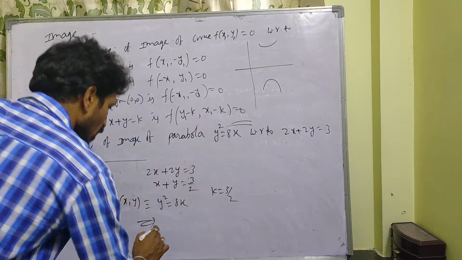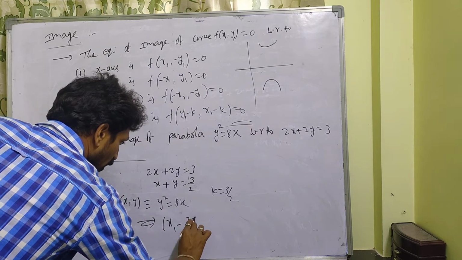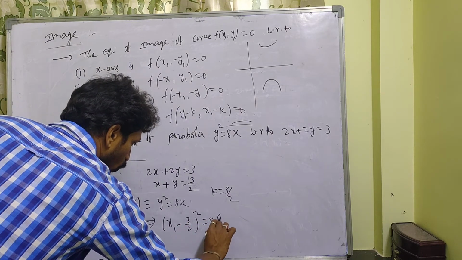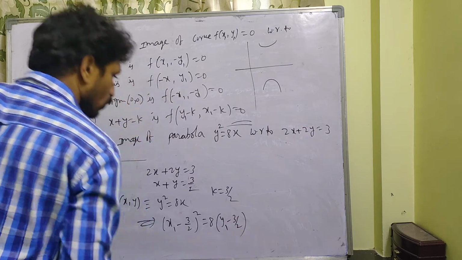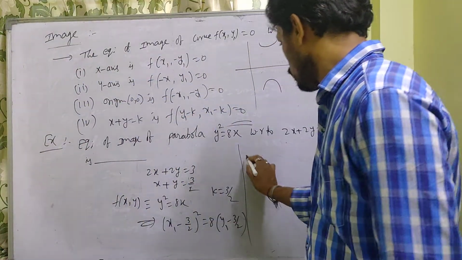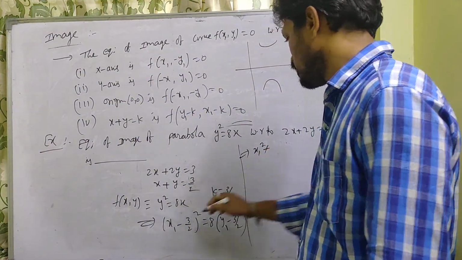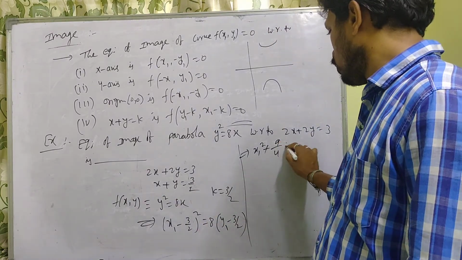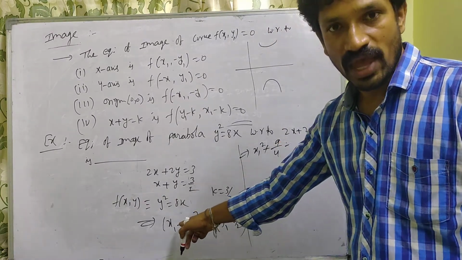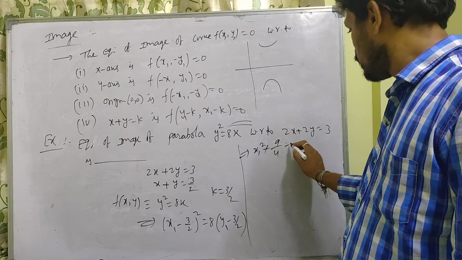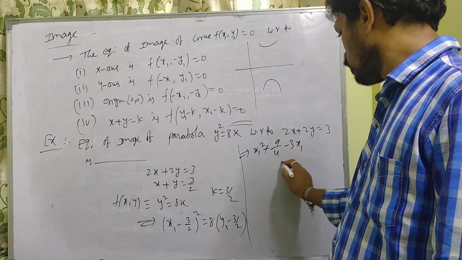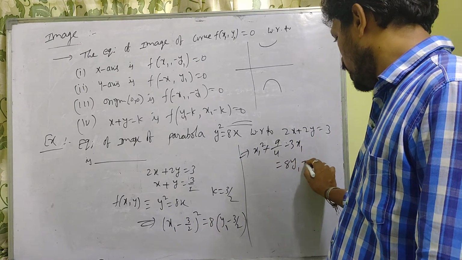So that means x1 minus 3 by 2 whole square is equal to 8 into y1 minus 3 by 2. You simplify this: x1 square plus 3 by 2 whole square, 9 by 4, minus 2 into x1 into 3 by 2, that is minus 3x1, is equal to 8y1 minus